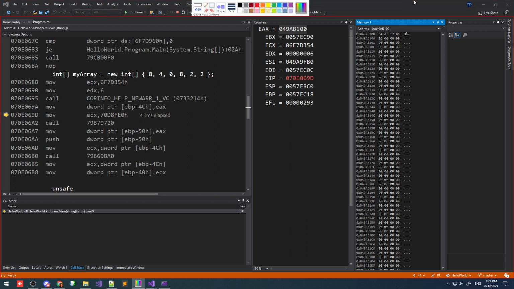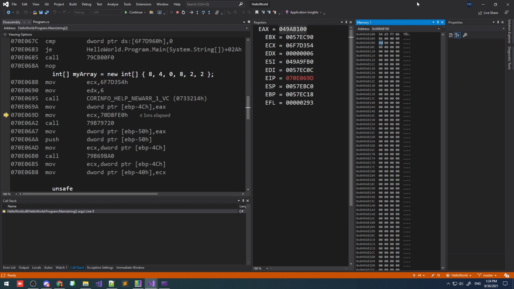The actual values of my array start at this location downwards, while in C++ they would contain the name of the array at the first memory location, and the values would start immediately after, since C++ arrays don't store extra information such as the length and all as the C# arrays do.